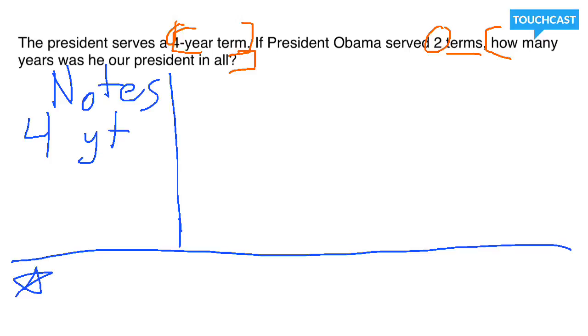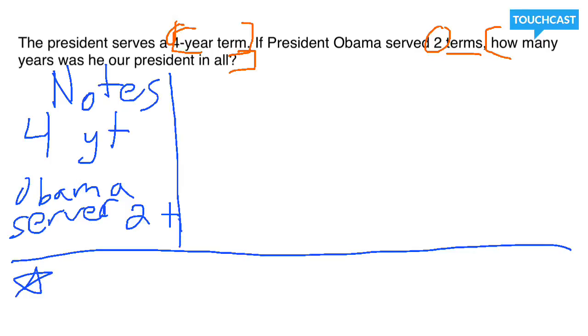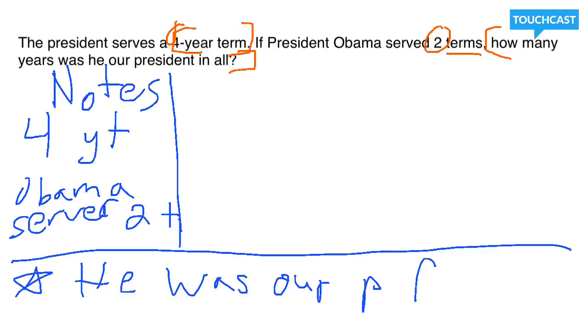And if President Obama served 2 terms, Obama served 2 terms. How many years was he our president in all? So we can go ahead and write our answer sentence. President Obama was our president for blank